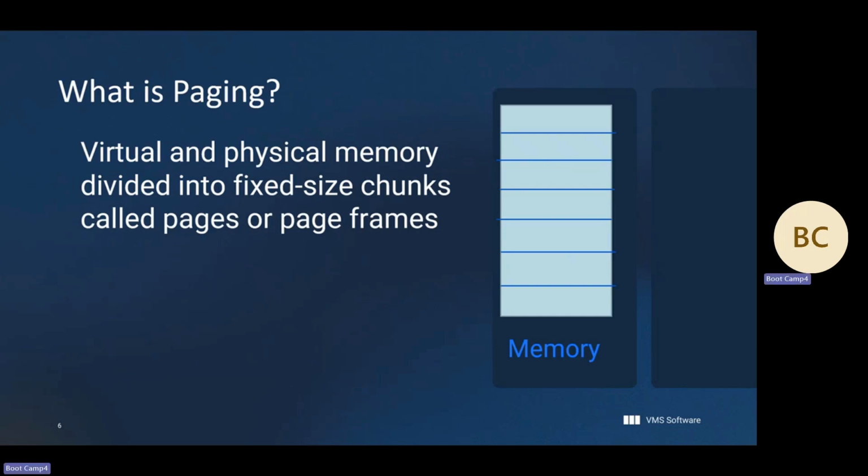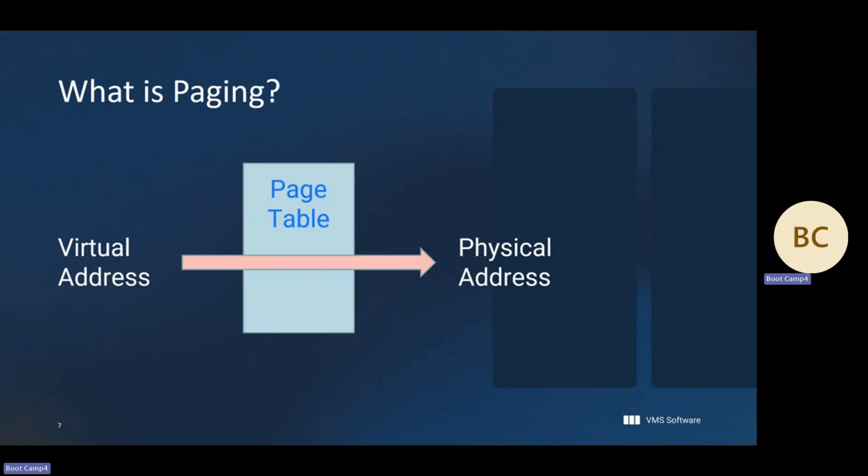Now, for most of you, this is probably incredibly simplistic. But paging is a crucial technology for time sharing. It allows efficient use of both virtual memory and physical memory. You divide both into fixed size chunks, and then different processes can move their memory in and out without running into severe fragmentation issues. On the virtual address side, it's called a page. And on the physical address side, it's called a page frame, because that's what the virtual memory gets into.